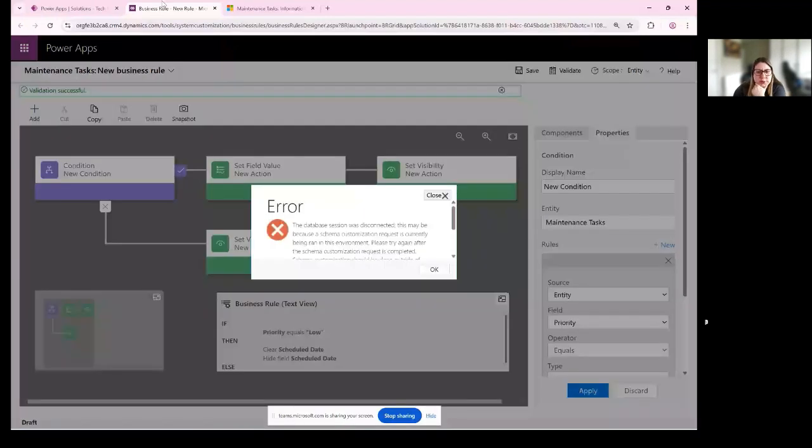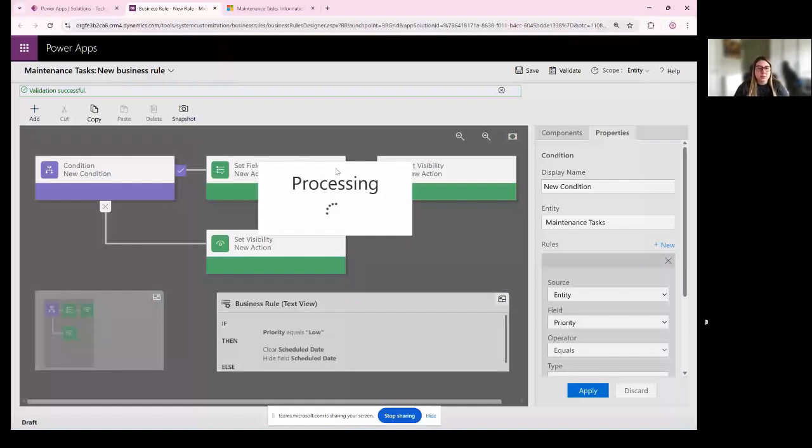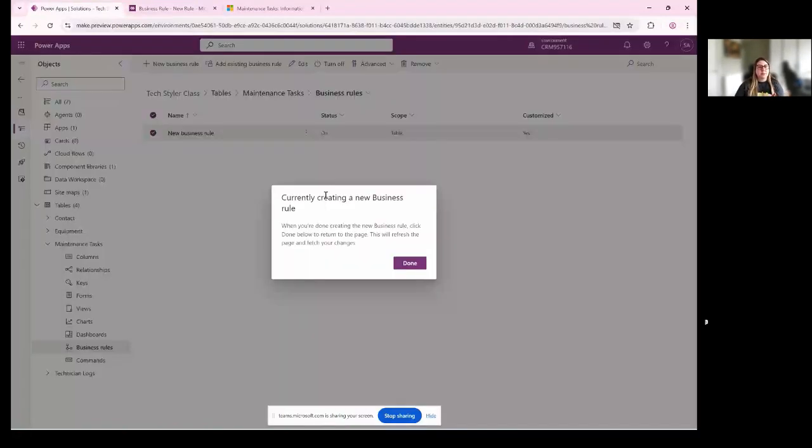Okay, the database. Yeah, so it looks like I have something going on in this environment running in the background. So I will come back to this later. Let me just explain about security, and then we can try to test this again. But for some reason, it is something running in this environment in the background. Apologies for this. Okay, I will try to save this, but I hope this is clear how business rule works